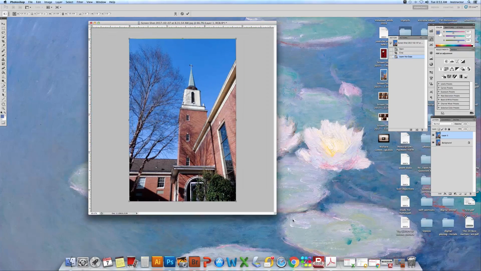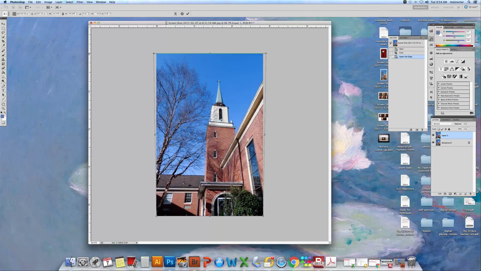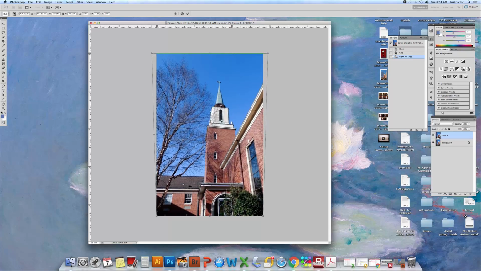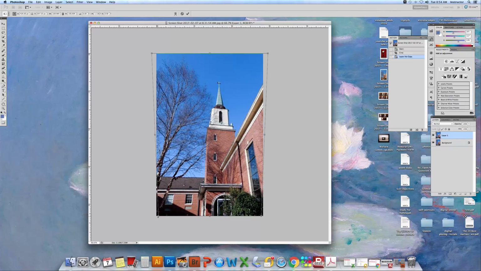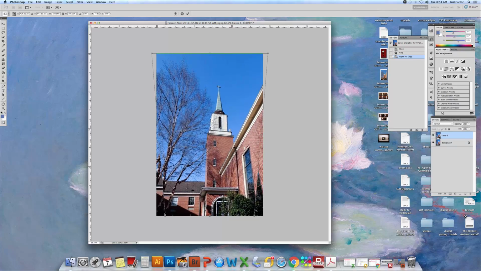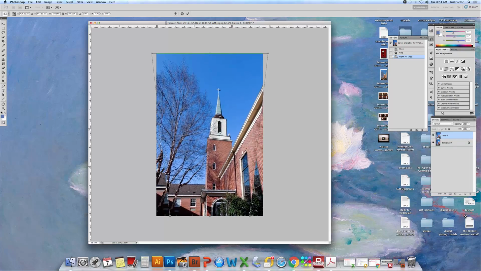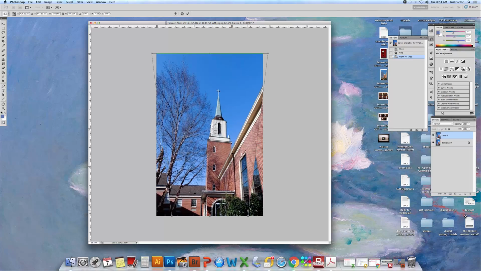And I'm going to grab the handle down here. I've got little handles, top and bottom, whatever. And I'm going to grab one of those handles, and I'm going to change the perspective in my picture a little bit so that I'm getting that building to go more straight up and down. Don't worry what it looks like underneath. We'll crop it so it looks more correct. And the further I go, the closer to reality it becomes